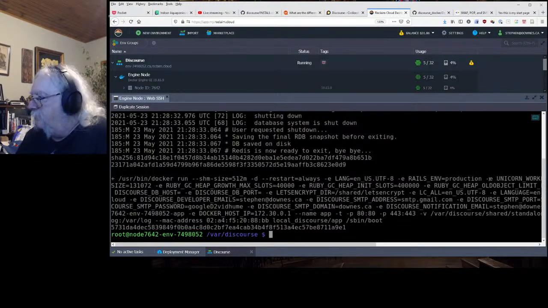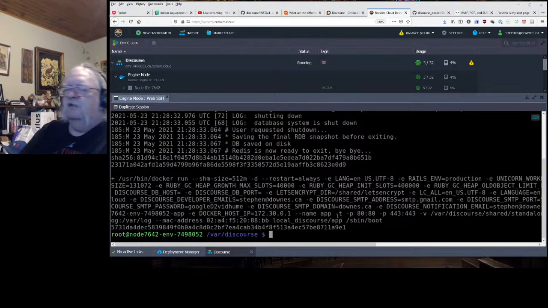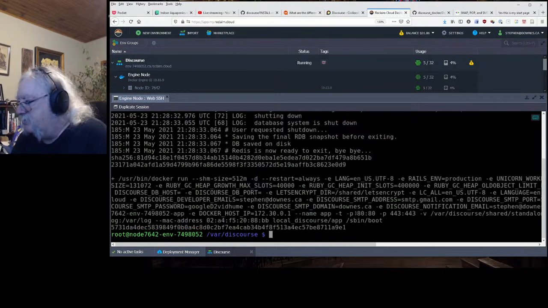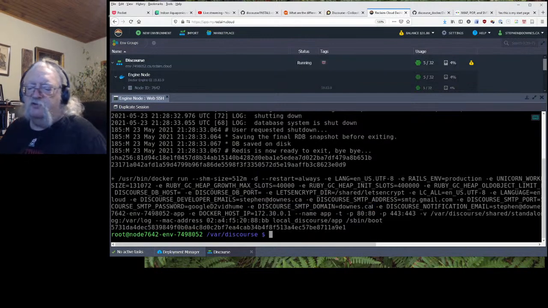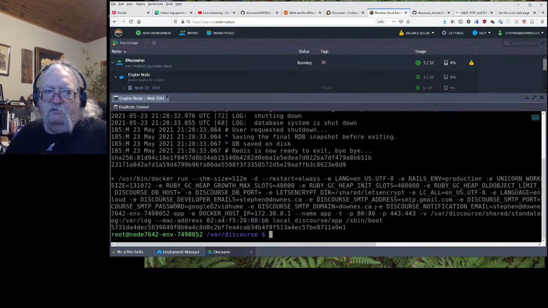And now some environment variables. Each -E is an environment variable. Right, so in this way, and this is pretty cool. I like this. I need to learn more about this. See how the environment, discourse, SMTP, domain, etc. It defines it here, so I don't need some sort of startup file or configuration file the way I do